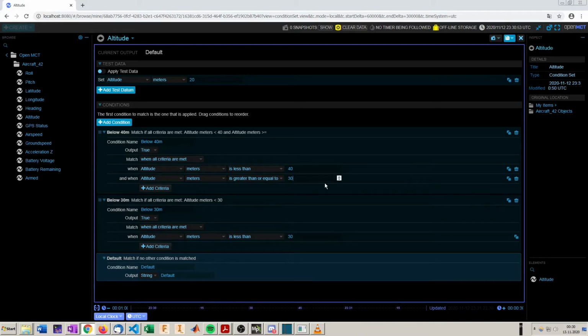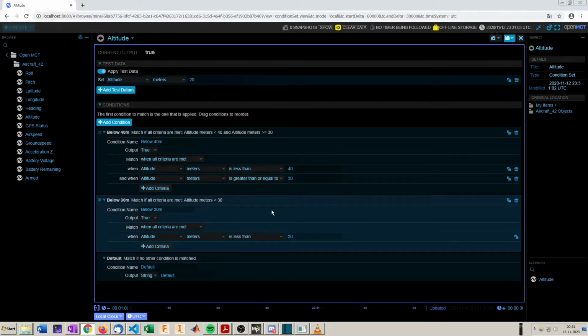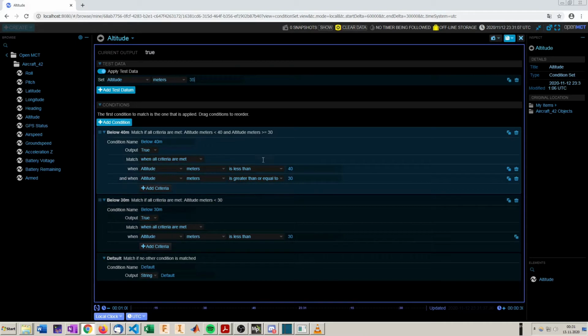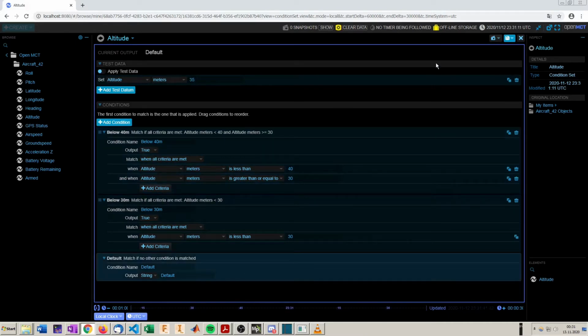So now we have the logic is complete. We can test it with our test data. If we say okay, 20 meters is okay. If we apply it, only the bottom one will show. If you apply 35, the first one will show true. Let's save this condition set